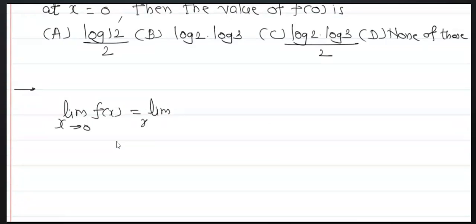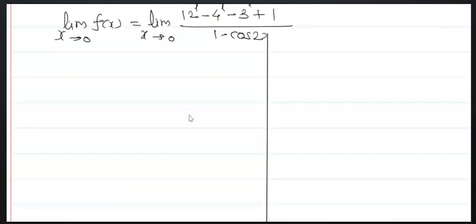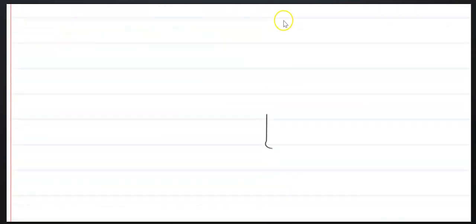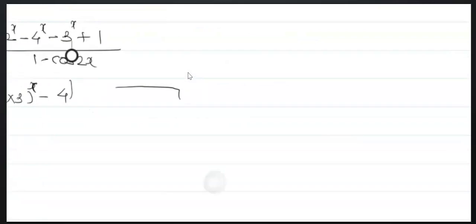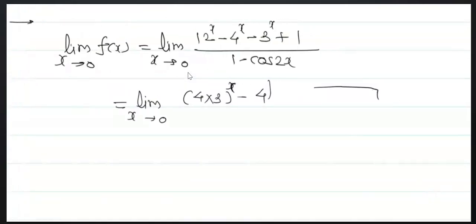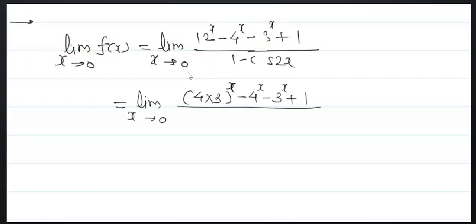limit x tends to 0, f of x is equal to the given function, that is 12 raised to x minus 4 raised to x minus 3 raised to x plus 1. Now here is a 12. 12 means what? 4 into 3. That is the limit x tends to 0 in bracket 4 into 3 bracket raised to x minus 4 raised to x minus 3 raised to x plus 1 upon